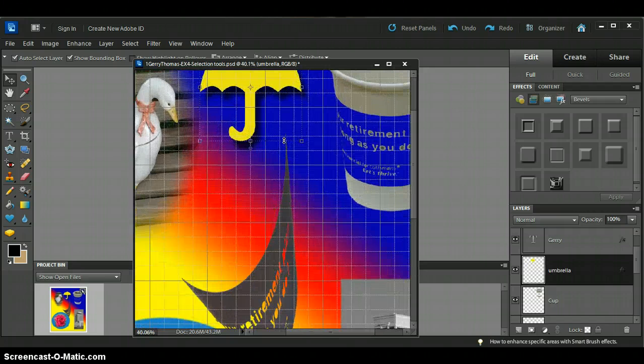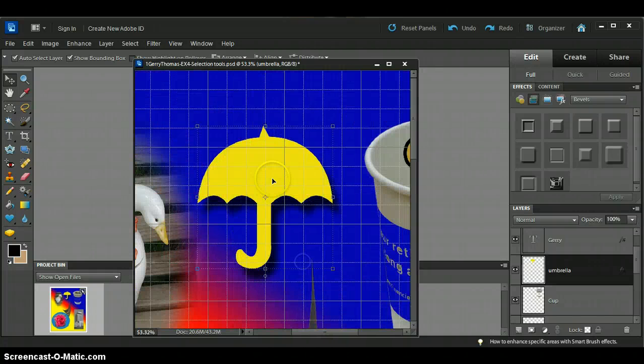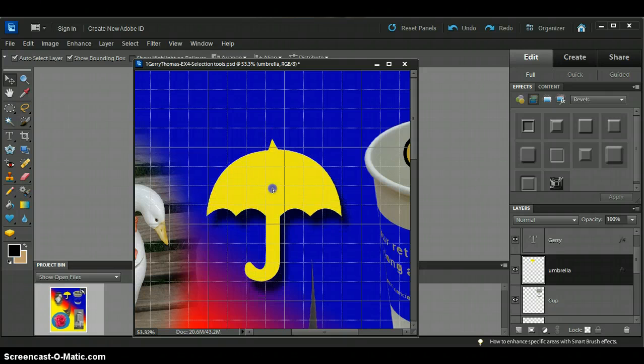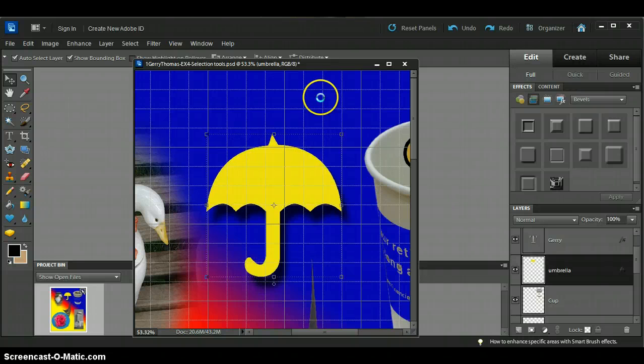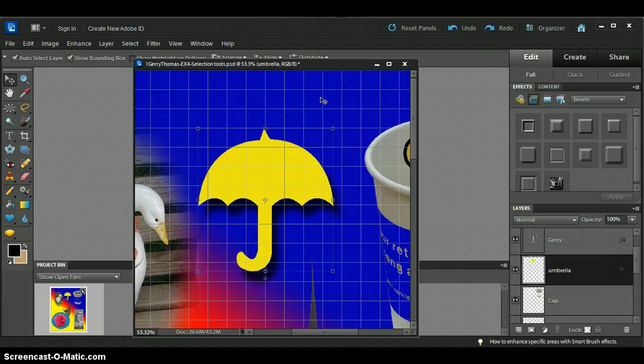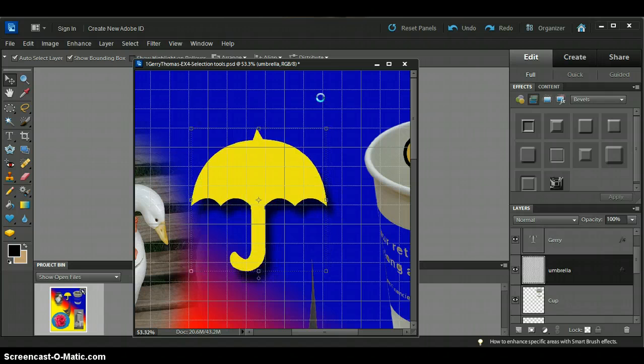You can zoom in a little more if you need a little more accuracy. And now I can move it this way. And while we're doing this, it's also a good time to point out that if you've got your move tool active, using the arrow keys on your keyboard makes for very accurate positioning, much more accurate positioning than using the mouse. Now I can move it pixel by pixel, where if I hold the key down, it'll just move slowly by itself to where I want it. I can line it up right on this line right here. I can get it superimposed right on top of that,